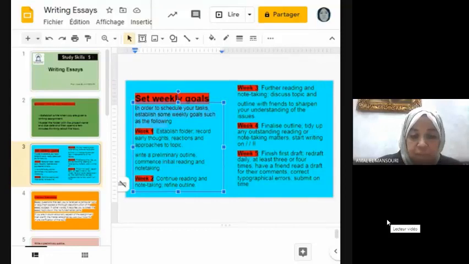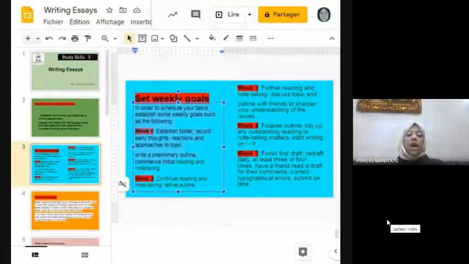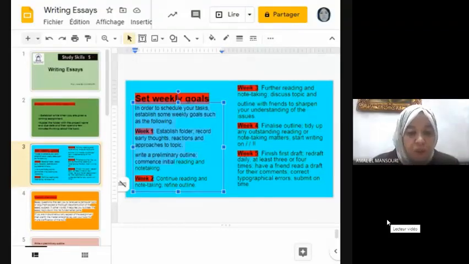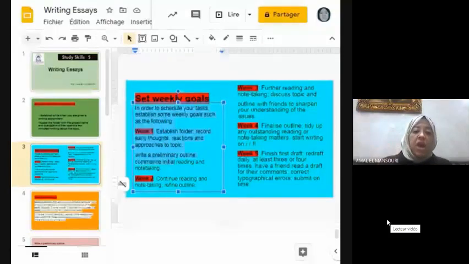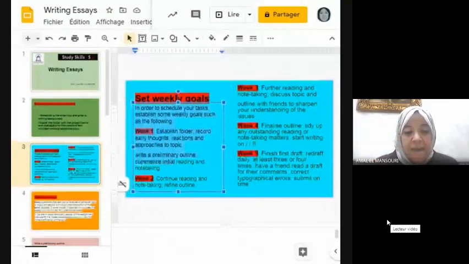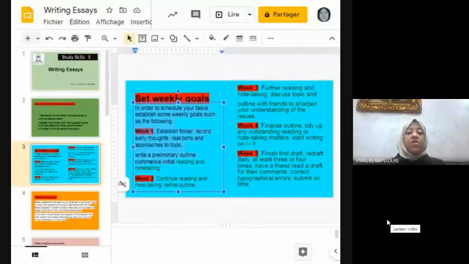So for example, in week number 1, as I said before, you establish a folder. You record early thoughts, your reactions, and approaches to the topic. And then you start writing a preliminary outline and you commence initial reading and note-taking. So this is what you have to do in week number 1.